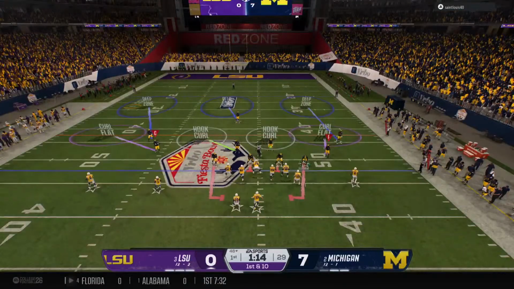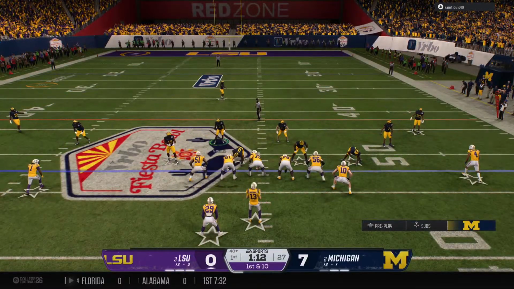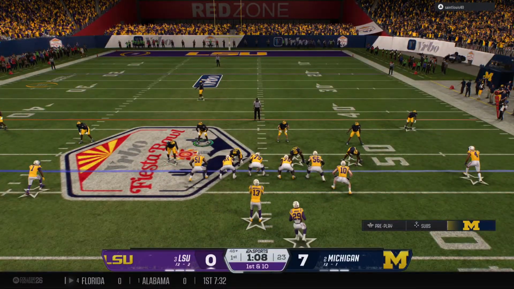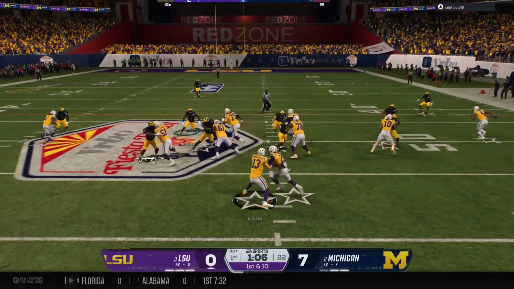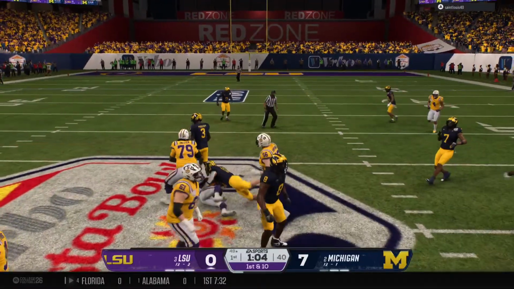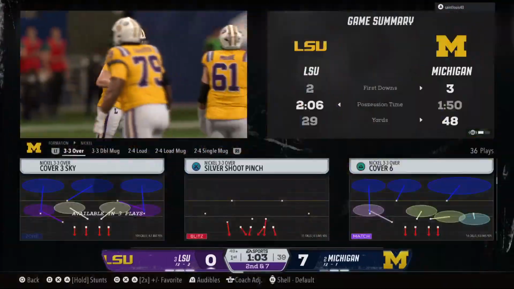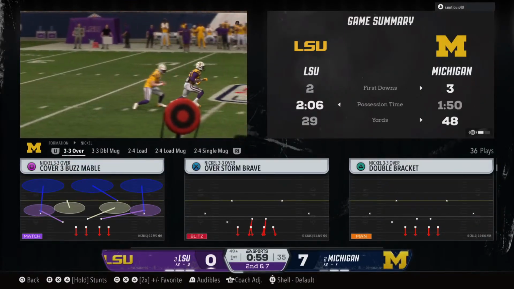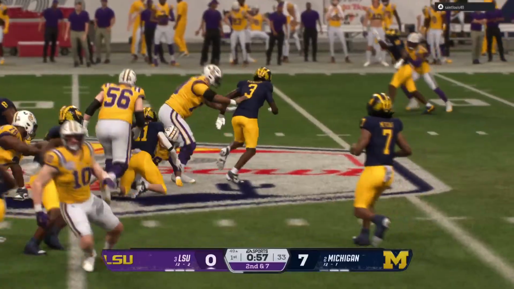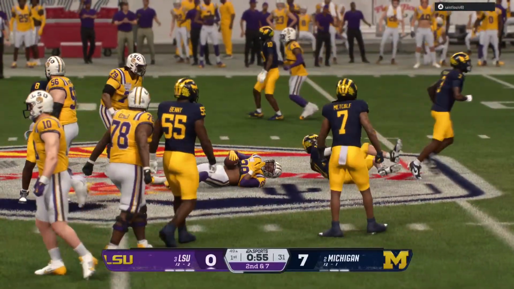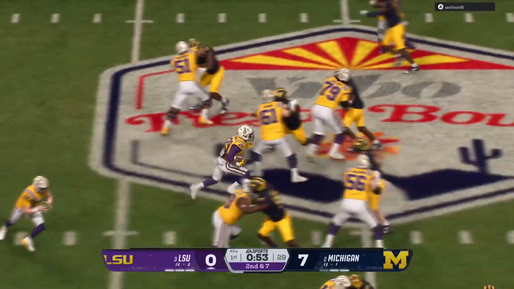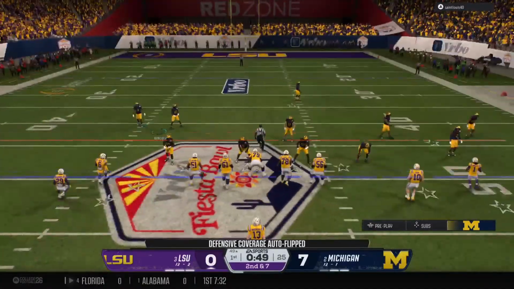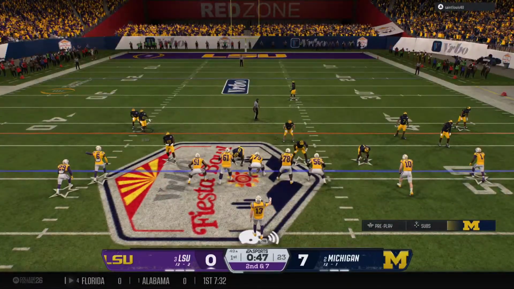This LSU offense is moving quickly down the field. They'll run it out of the shotgun. Hey, listen, you don't always have to have big plays to be successful. It's a nice, solid gain here. Keeps you on schedule, and you get ready for that next play. Offense getting set. Second down play here.